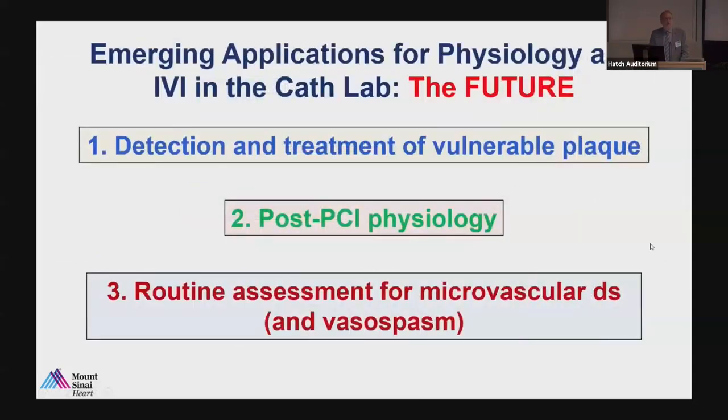The third future area that I'm not going to get into, I took these slides out because of time, is the routine assessment for microvascular disease and vasospasm. And this is really an interesting growing area because I think that contributes to at least half of those cases of ongoing angina and ischemia, even when there's no significant epicardial coronary stenosis. And we can assess some of that in the cath lab, and there are new therapies that are being investigated for that, one of which is a treatment in the coronary sinus called the reducer